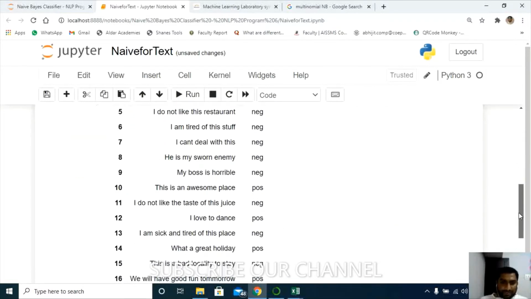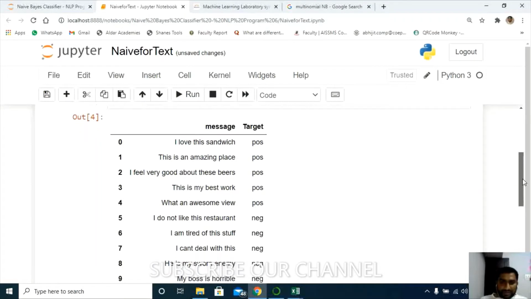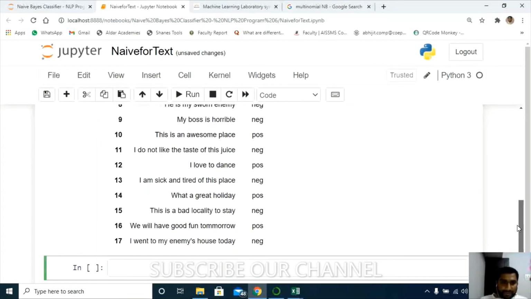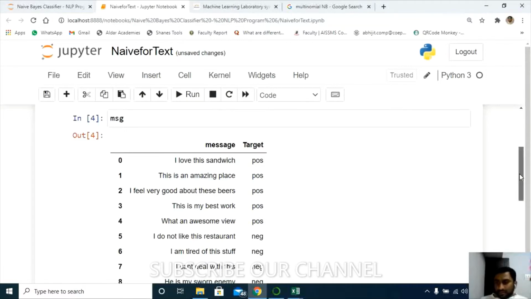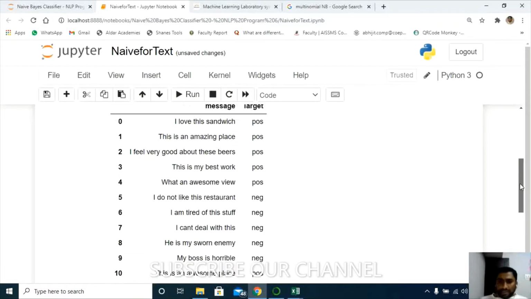Have a look at this. As far as this data is concerned, there are 18 sets of data. If you compare this with the data in the CSV file, there were no labels. I have given the label message for the independent data, and for the target function I have given the name target. Next, I need to change this.